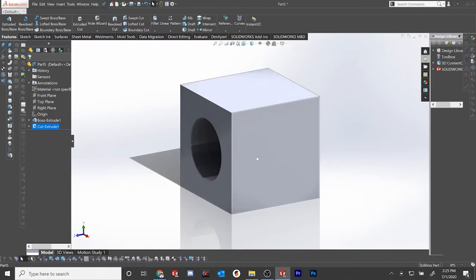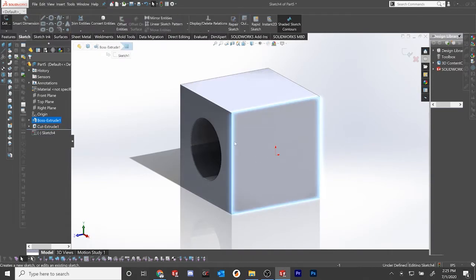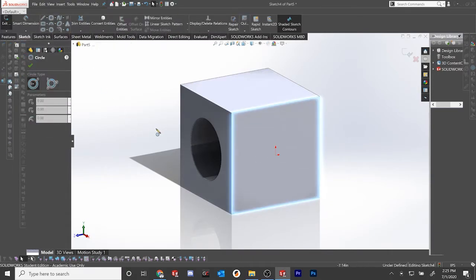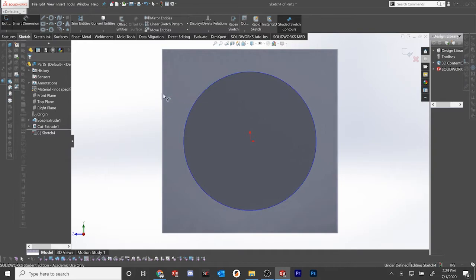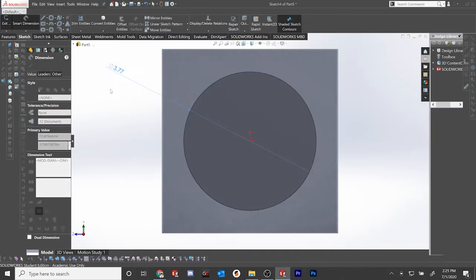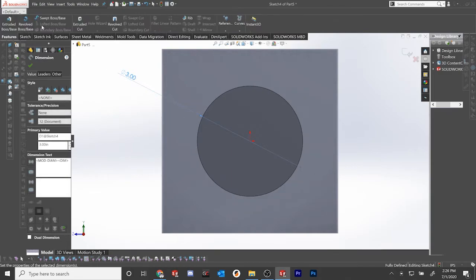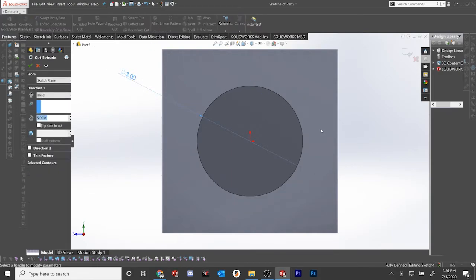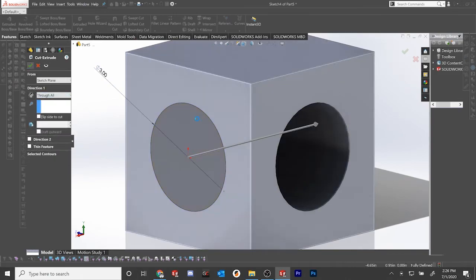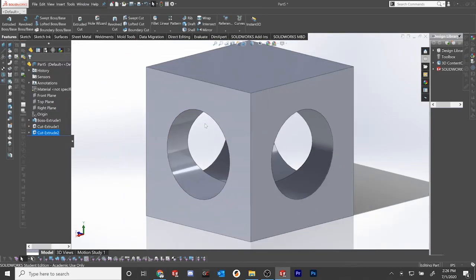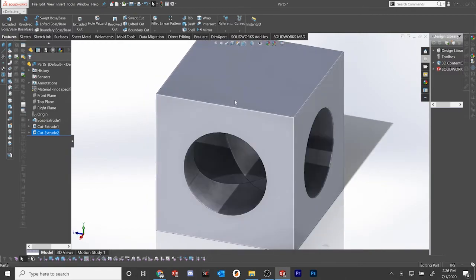And I'm going to do that 2 more times on these other faces by selecting the faces, pressing Sketch, Control 8, and then making this circle, Smart Dimension, set it to 3 inches, going to Features, Extruded Cut, Through All, check, and I've done that again, and then I'm going to do it 1 more time on the top face,